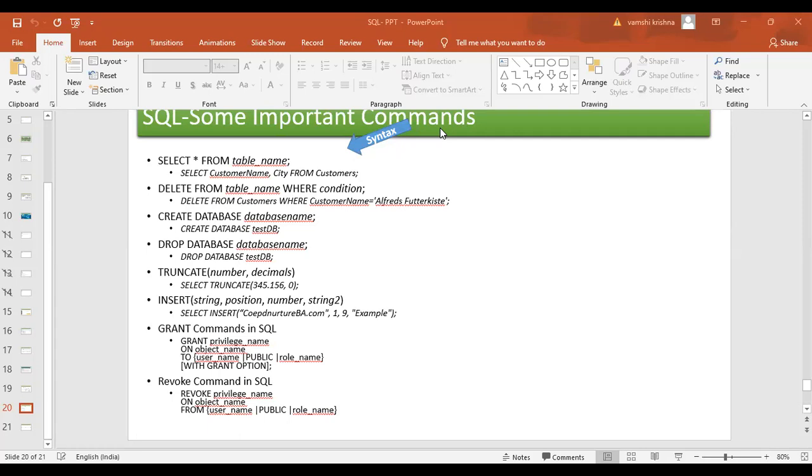Ma'am, every SQL tool has a view option, ma'am. Yes, all the commands I gave you will be there in every SQL tool. Ma'am, that means it has only access for us, or multiple stakeholders will have it? Only the data administrator will give the access. He should be getting a request for access. Only then will he be following the orders of the top manager to grant the access.